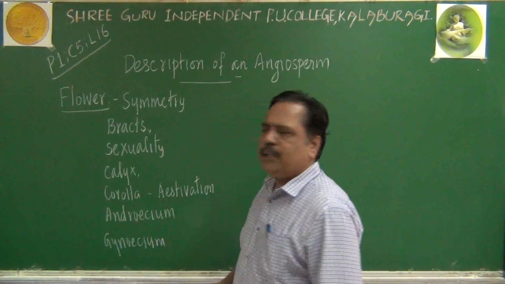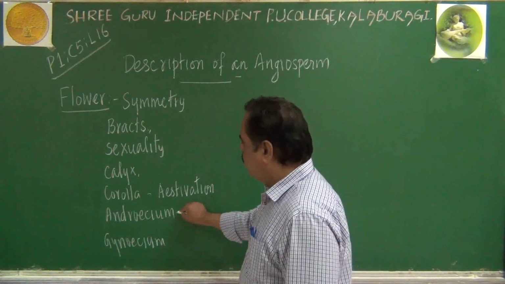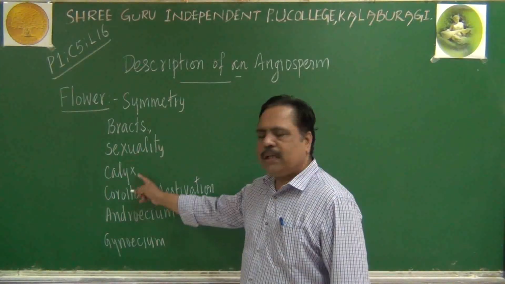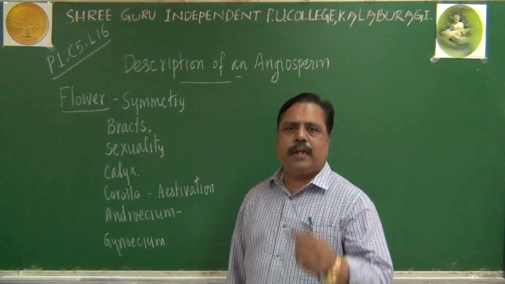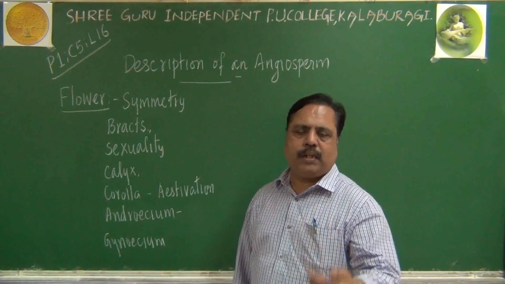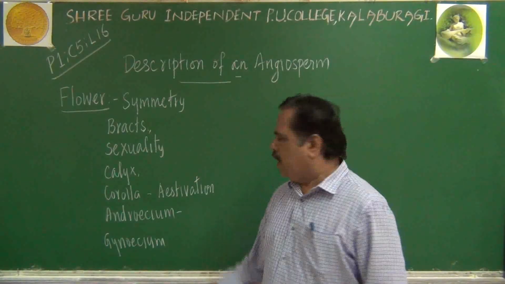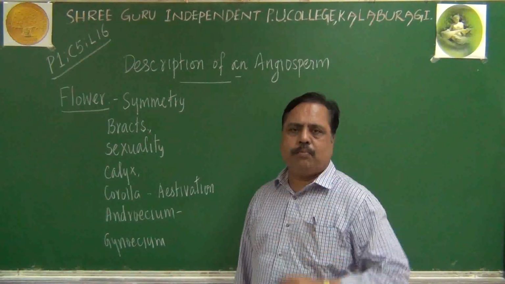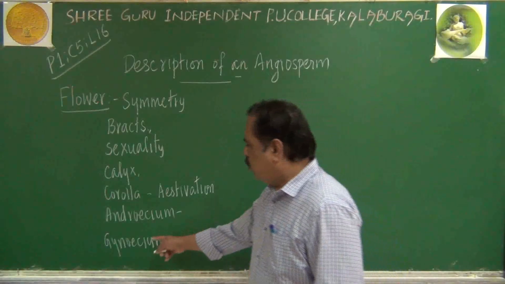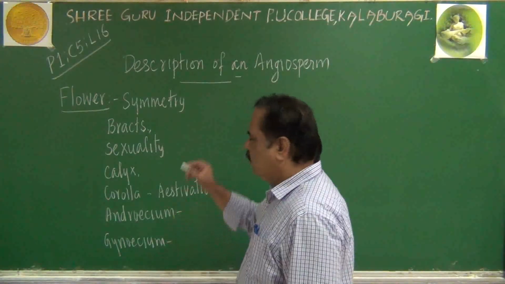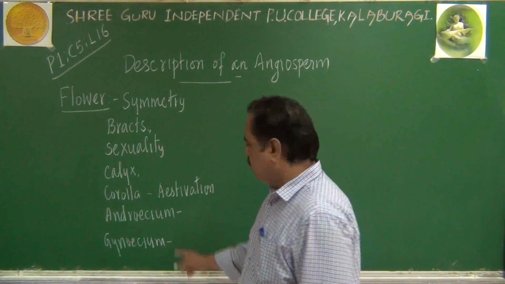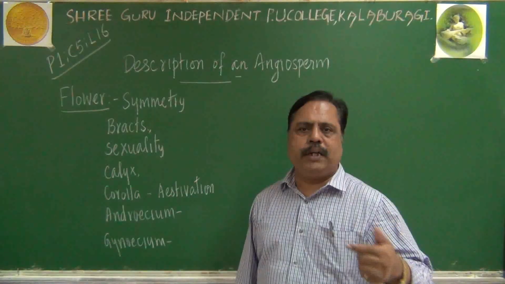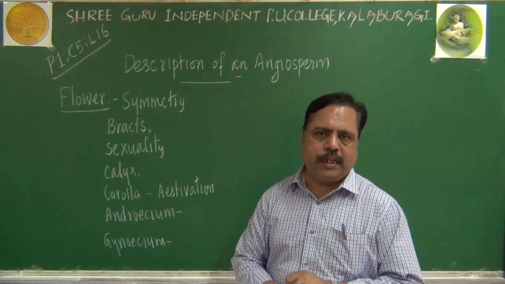When we come to androecium, you can write about the number of stamens and all. Even the number of calyx, petals, sepals and all you can write. Trimerous flower, tetramerous flower, such things you can write here. Now here about androecium, about the stamen and all, the points we can write. Fourth one is gynoecium. When we write about gynoecium, the number of carpels we are writing. Monocarpellary, bicarpellary, pentacarpellary, like that.